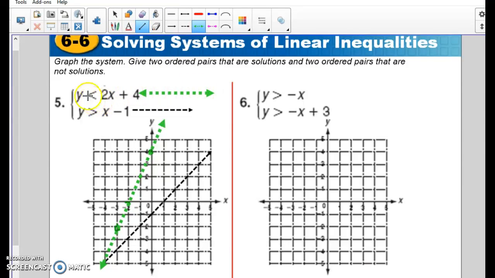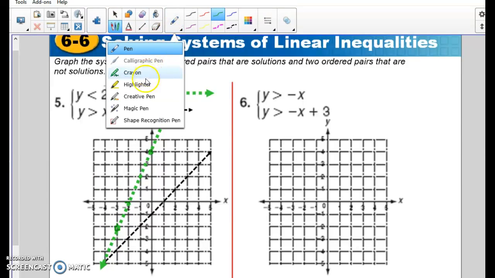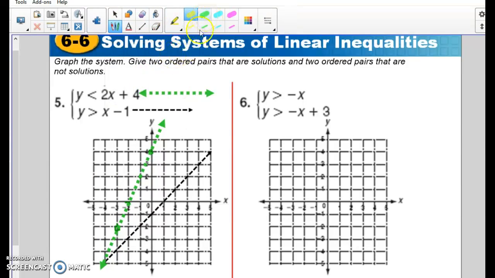Okay, and since this is less than 2x plus 4, that means everything, let's use some highlighter here, everything less than, so everything in this area, but everything greater than, so everything above that black line. So less than the green line because it's a less than sign, but greater than the black line because it's a greater than sign. Part of the homework is going to ask you to give one or two possible